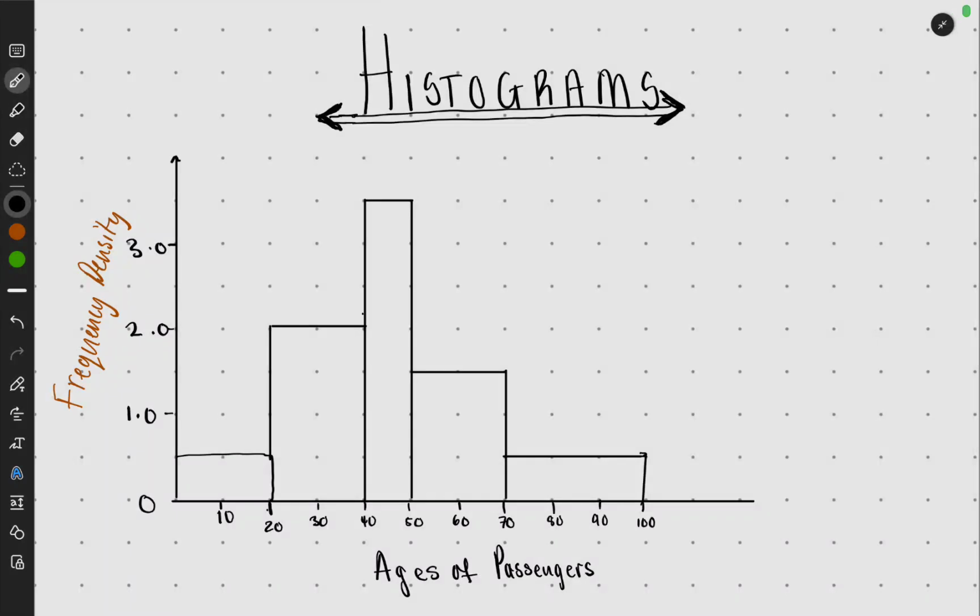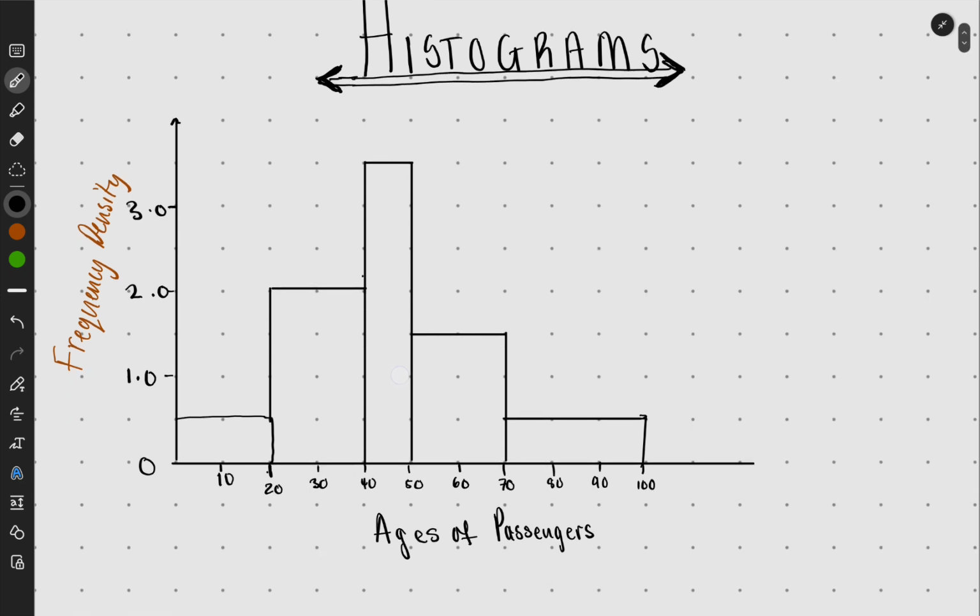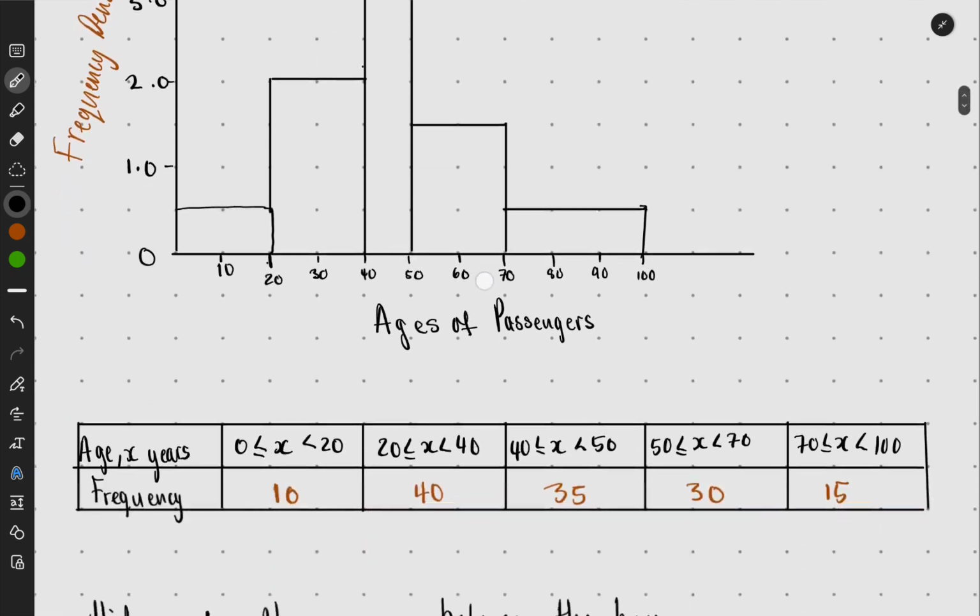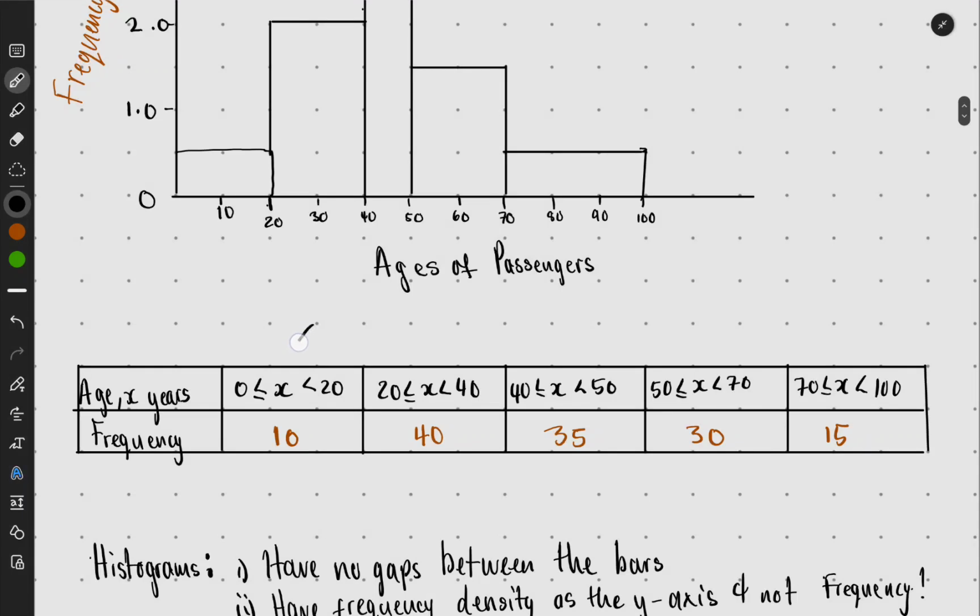Okay, so now we want to quickly go through histograms. All right, it's a way of displaying group data. But the group data that we're going to display should be continuous. So when we say group data, it means that it has an interval. So we are not putting our data as whole numbers, but we are putting it as intervals like this